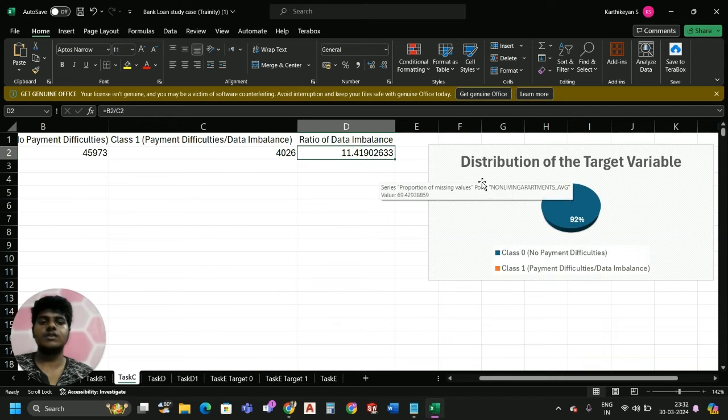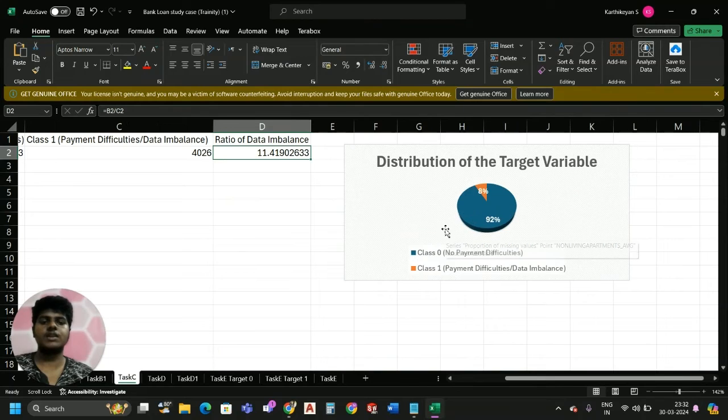This is visually represented in the pie chart. This yellow part shows the clients having payment difficulties, or the data imbalance. The around 92% shows class 0, the clients having no payment difficulties. So coming to the report,